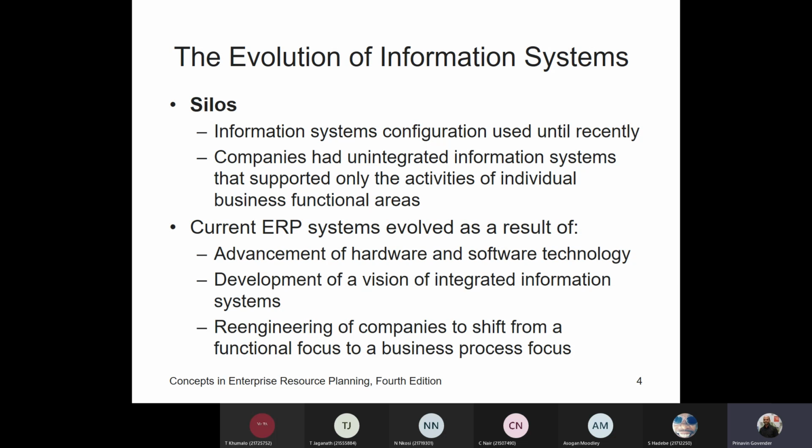Similarly with the information system, once upon a time, it worked in silos. We didn't have an integration of other business processes that took place. It was not that recently, a good couple of years ago, that companies began to integrate their information systems. Because, again, if I use the example of the bakery that Dr. Murli had mentioned this morning, if it was just a family bakery, then they would have been making, let's say, 20 or 30 loaves of bread a day, and maybe they would have had 5 employees. But as soon as Dr. Modi had mentioned that they began to expand and produce 2,000 loaves of bread a day, then they